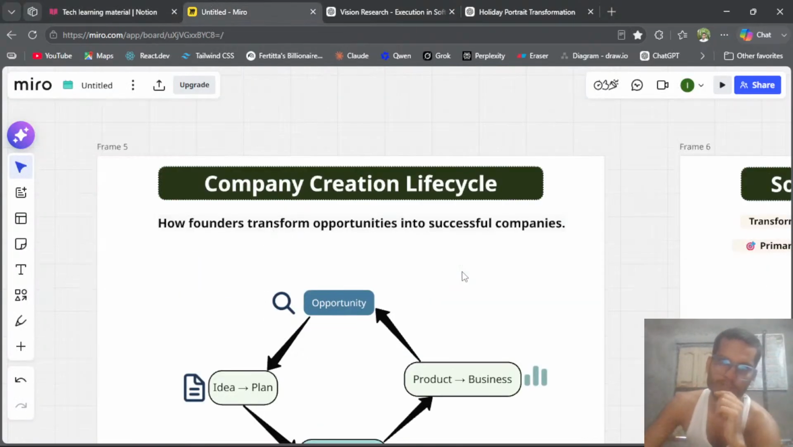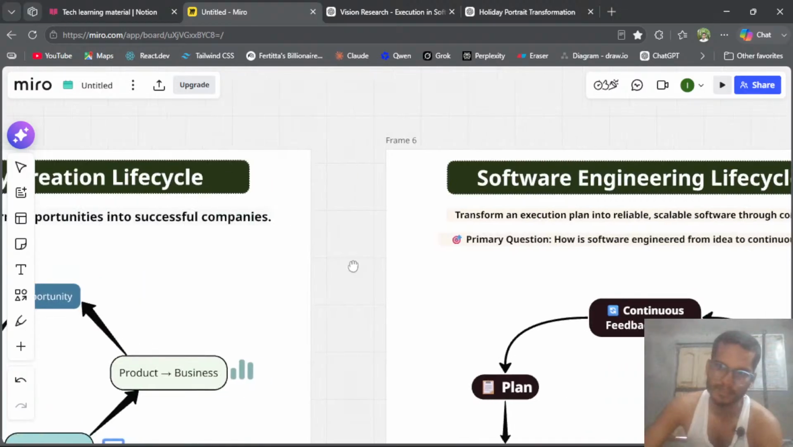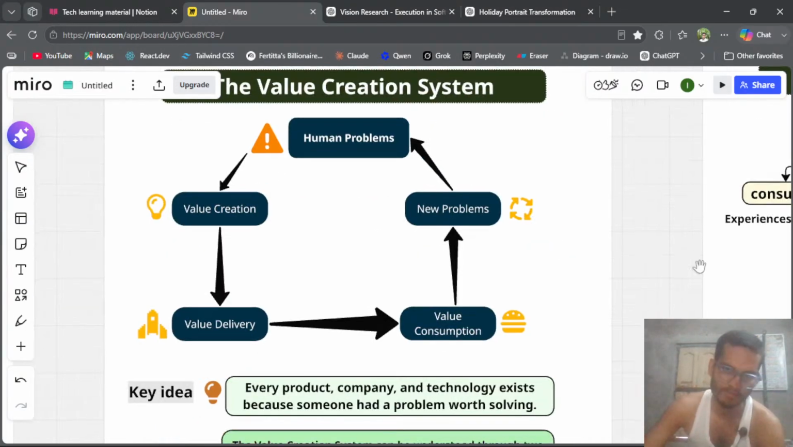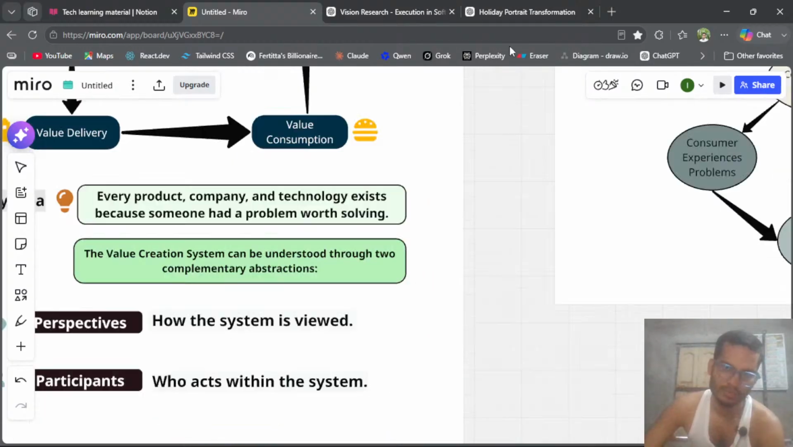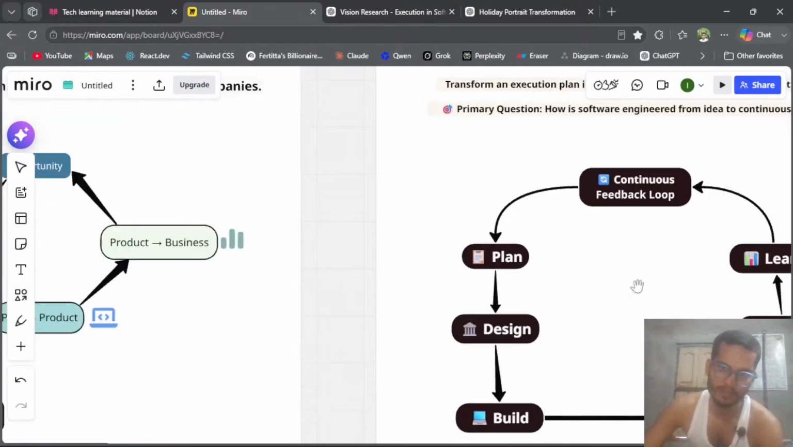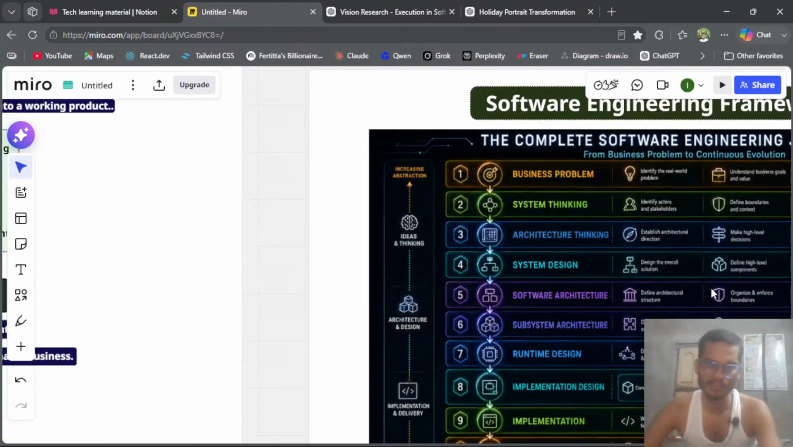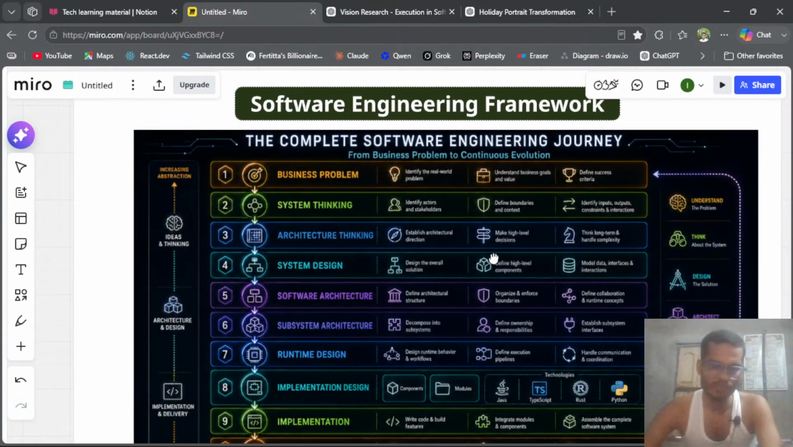So we talk about the value creation, right? Again, if you are a first-timer, I'm just saying it. We are just understanding our software engineering concept. Okay, so the ultimate goal from how